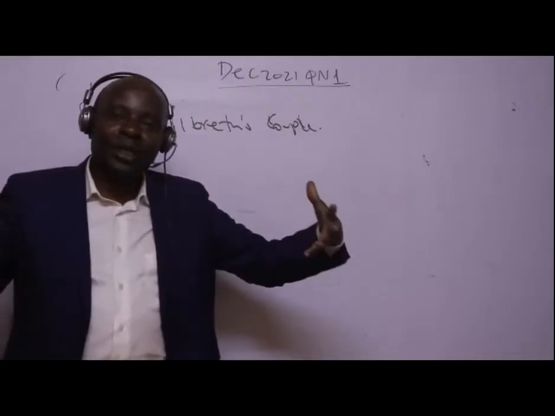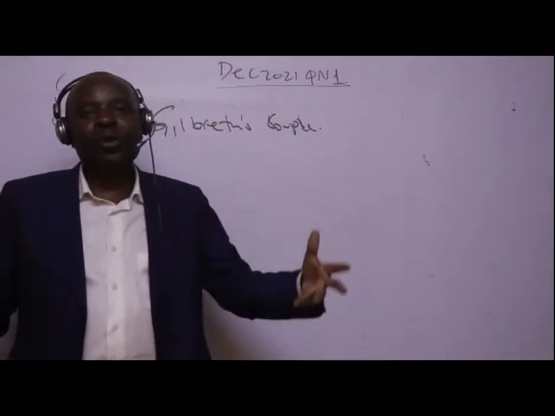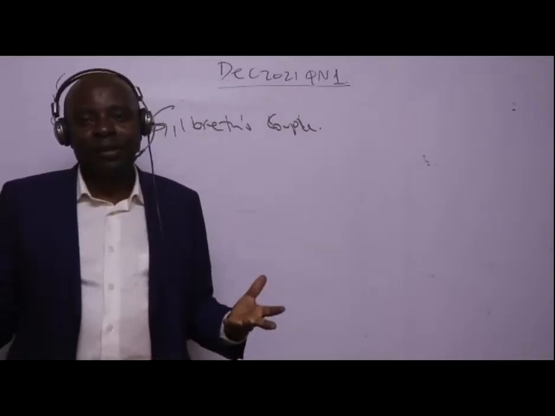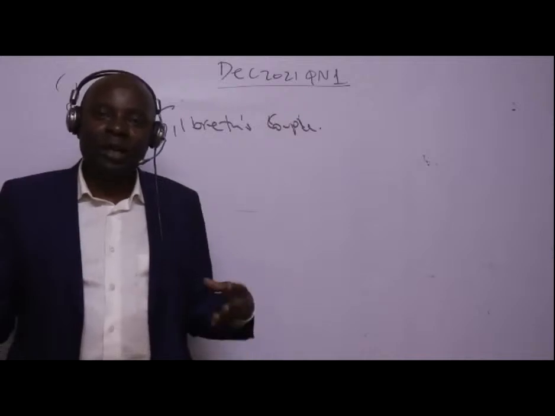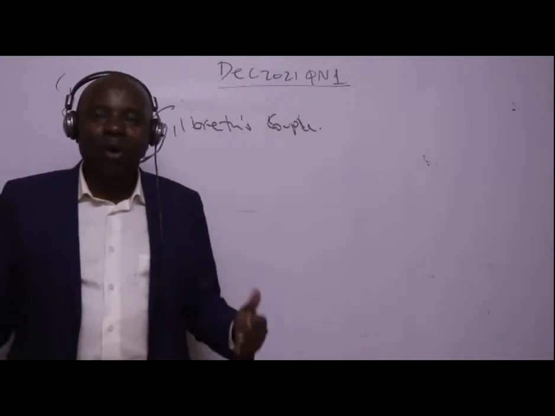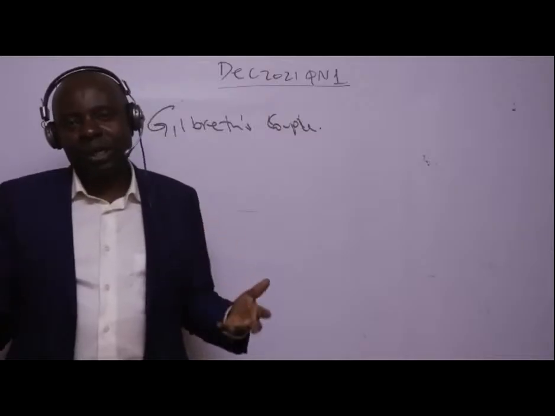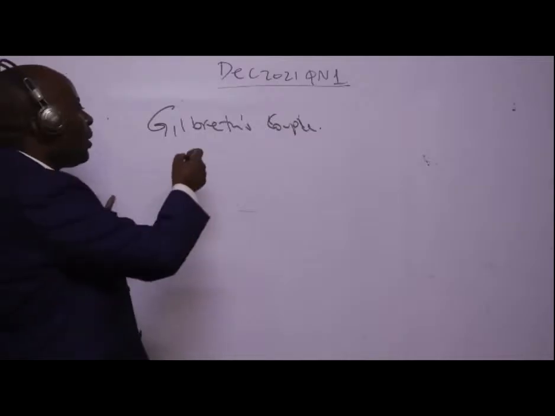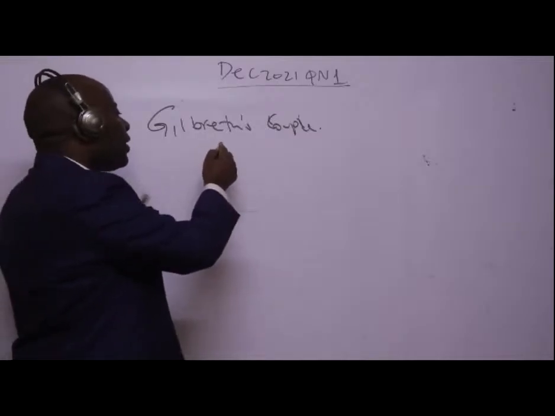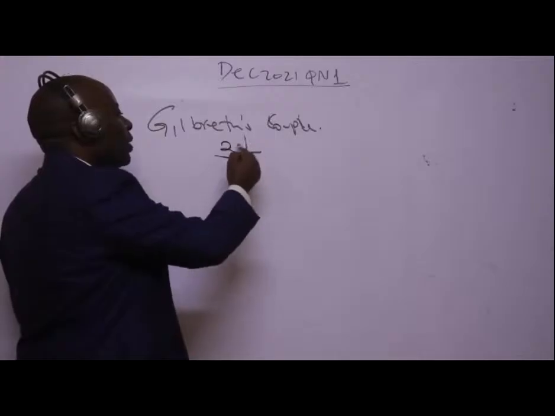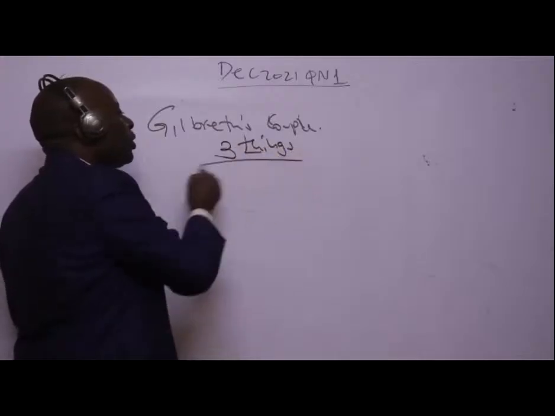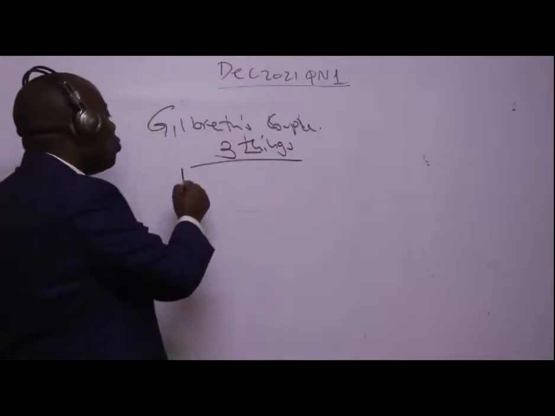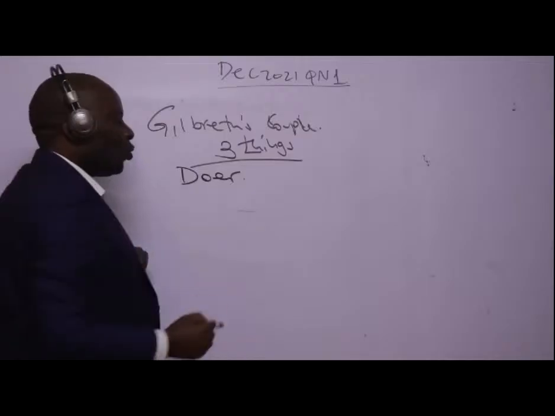And they were able to come up with a very strong model, which is being used outside here and mentioned whenever we talk about modern organizations in terms of how do we lead a company, how do we manage a company? So under the Gilbreths couple, they sat and said that every employee in this organization must do three things. That every employee must be a doer. This is the biggest of them all, a doer.